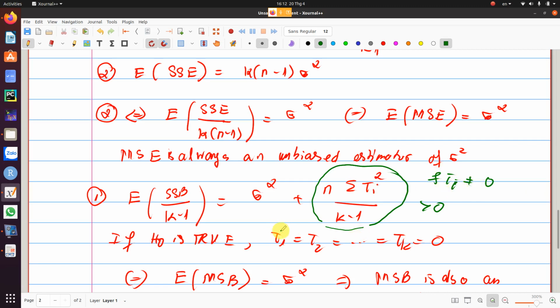It means that we should reject H0, right? And in case this term is very small, we have lower confidence that tau i is different from 0. It means that we won't reject H0. So in general, we see that because of this equation, both MSB and MSE will equal sigma square,